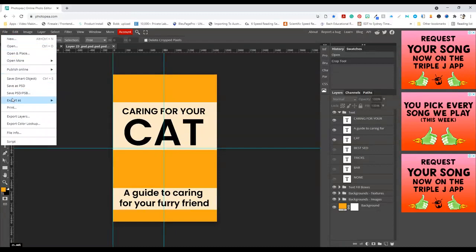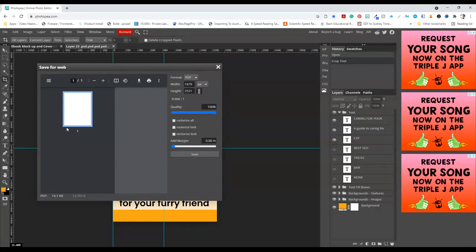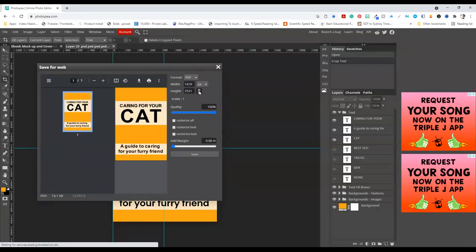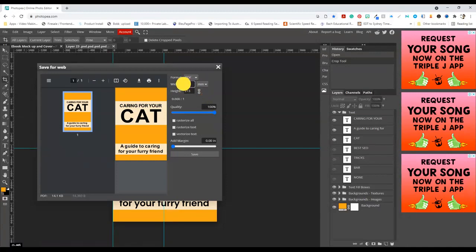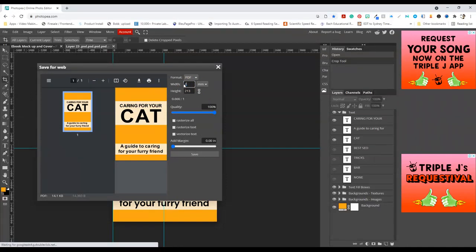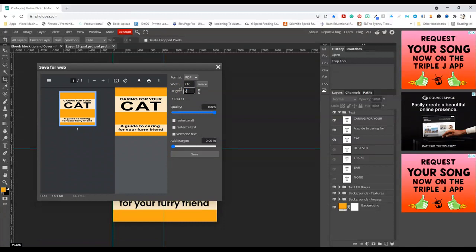And we go export as a PDF. Now this one we want to unlock the aspect ratio, so we keep the cover the same shape as the rest of the pages in the book, and we also want to make it millimeters, not pixels. The width of the book is going to be 216 and the height of the book, excuse me, is going to be 279. Now we just press save after that